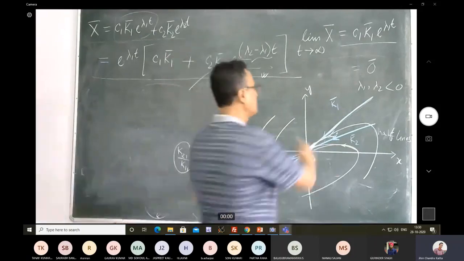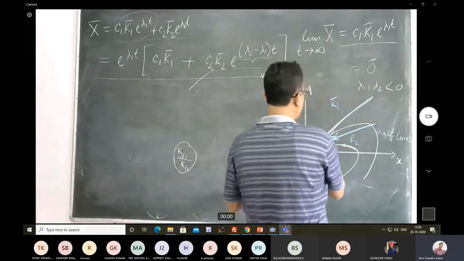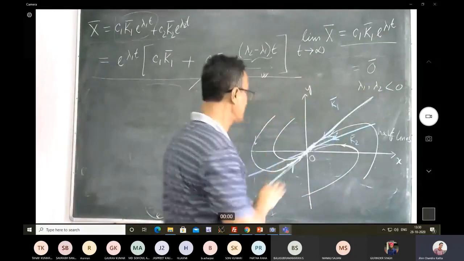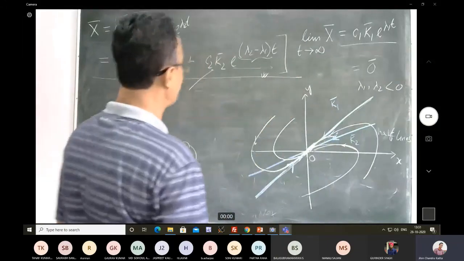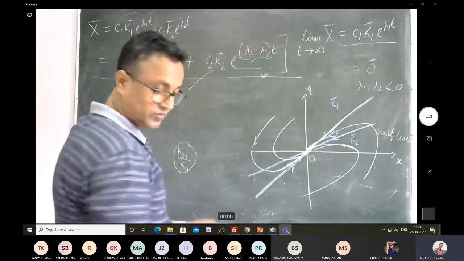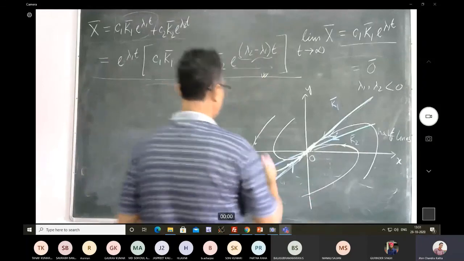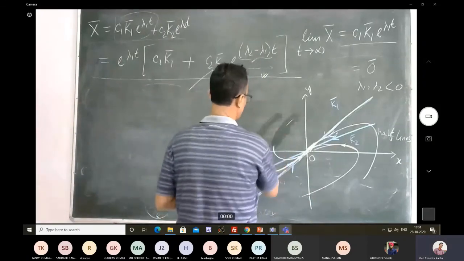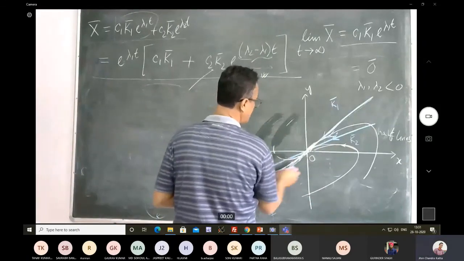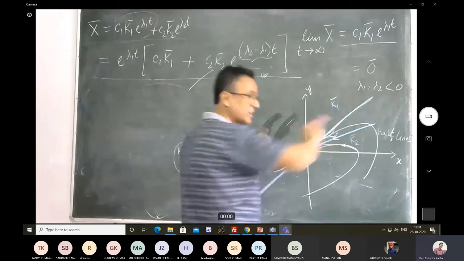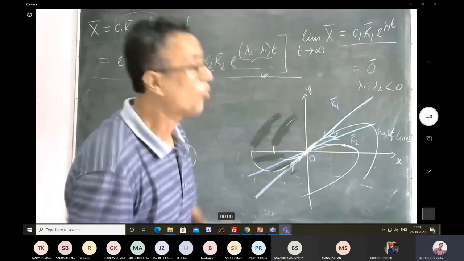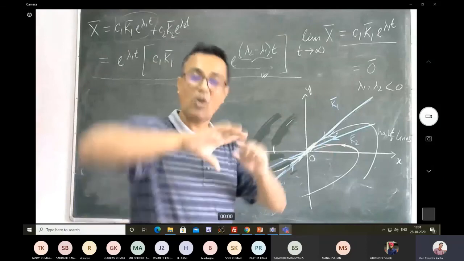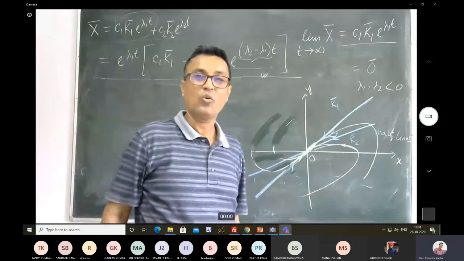So this equation is going to be the same, but interestingly, instead of this, the orientation is going to be opposite. Okay, orientation is going to be